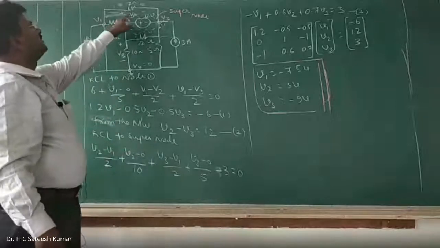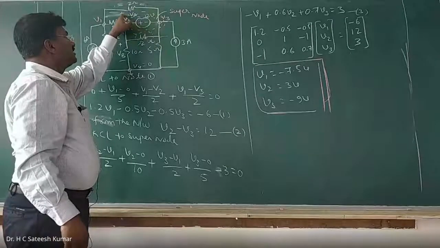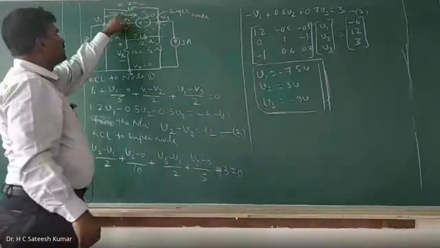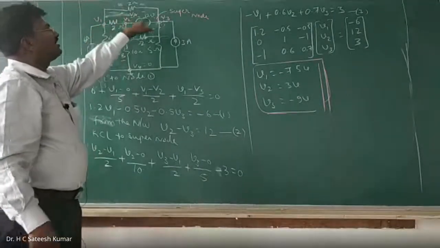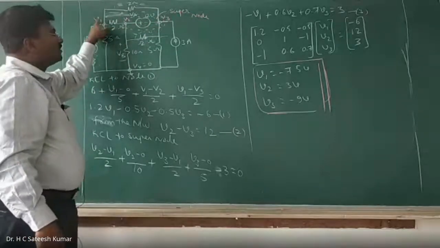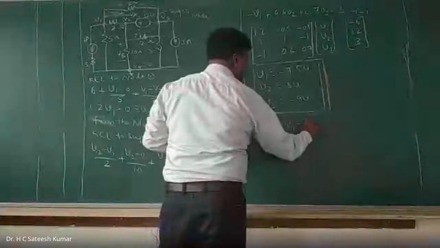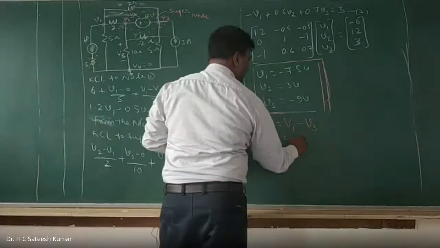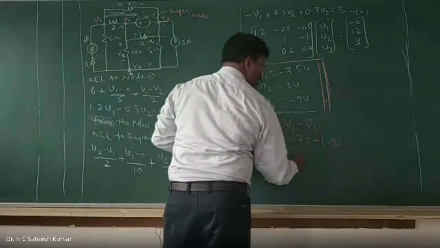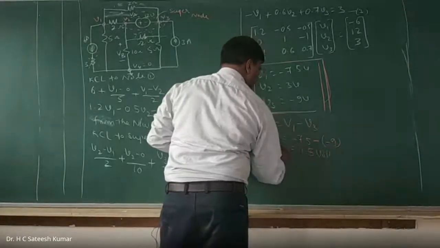What is VA? This is VA. This is the positive and this is the negative side of the potential. This sign is for potential, not for resistance. Resistance cannot have a sign. So this is plus, this is minus. This is higher potential, that's why we take V1 first. VA is equal to V1 minus V3. V1 is minus 7.5 minus V3, which is minus 9, therefore 1.5 volts is VA.